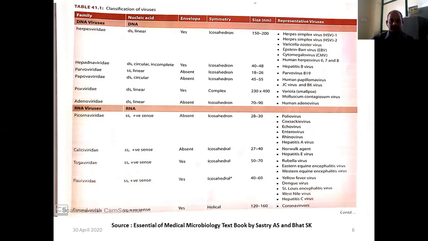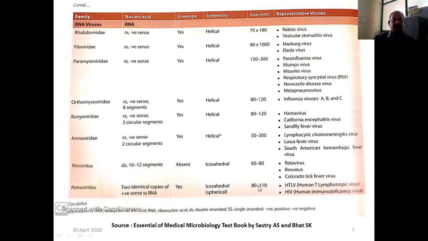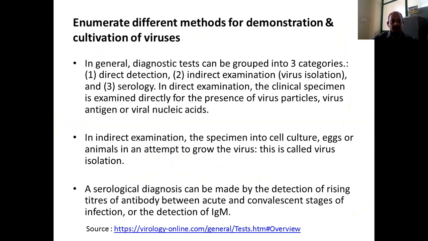today we are all suffering with the pandemic of SARS-CoV-2, that is severe acute respiratory syndrome coronavirus 2. So this is again the list of the rest of the RNA viruses, having single-stranded negative-sense RNA as nucleic acid. For example, the rabies virus belongs to the Rhabdoviridae family. So there are a number of them.